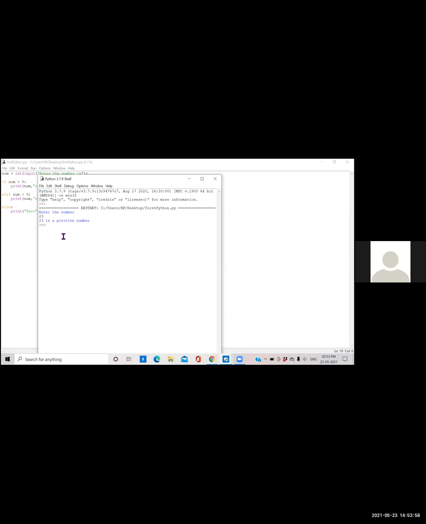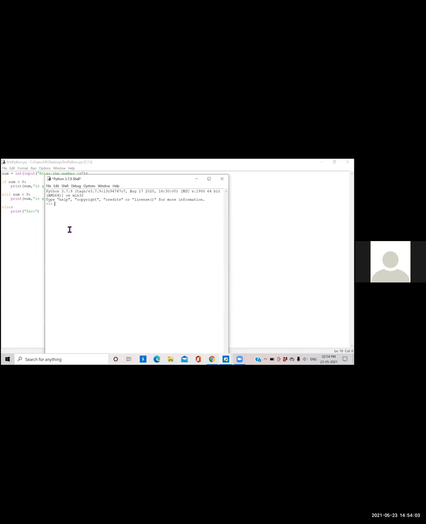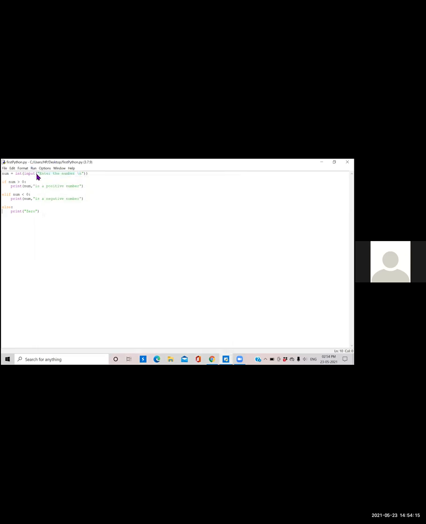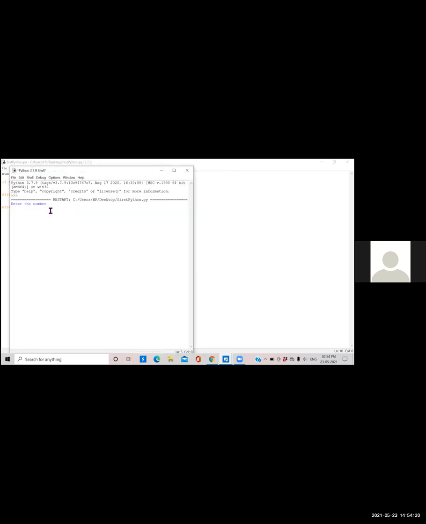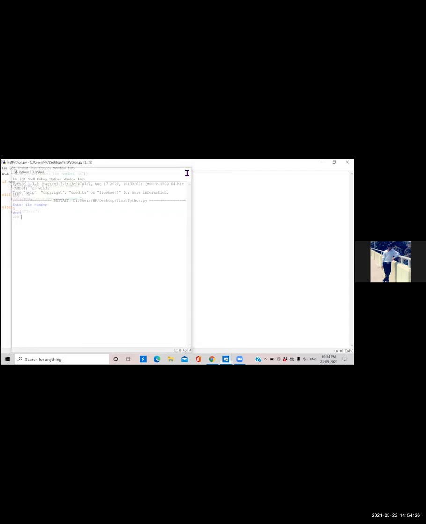And when I take a negative number, like -1, then it will show the negative value. And now 0, then it will show 0. Okay. Fine. No issue. You can stop your screen. Okay, sir.